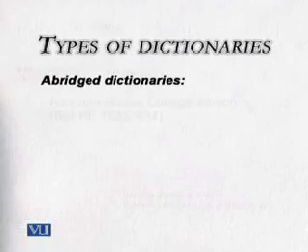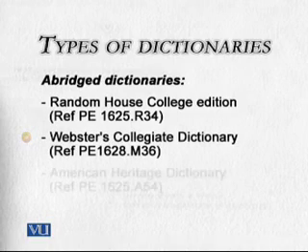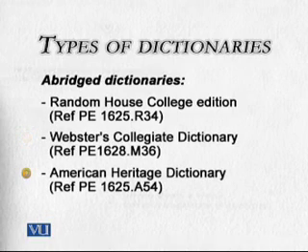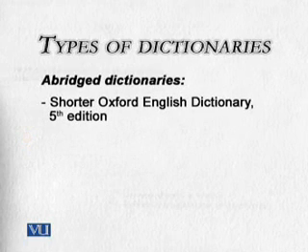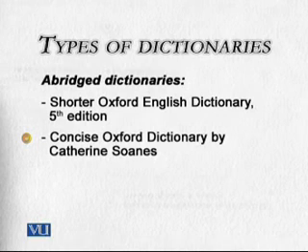On your screen you can see Random House College Edition and Webster's Collegiate Dictionary. Third one, American Heritage Dictionary, and then Shorter Oxford English Dictionary. Now, this Shorter Oxford English Dictionary is the one which I said is a shorter form of the 20 volume Oxford English Dictionary. And there is one more, which is Concise Oxford Dictionary. This is another very nice and highly authentic dictionary available in the market, which of course you can use